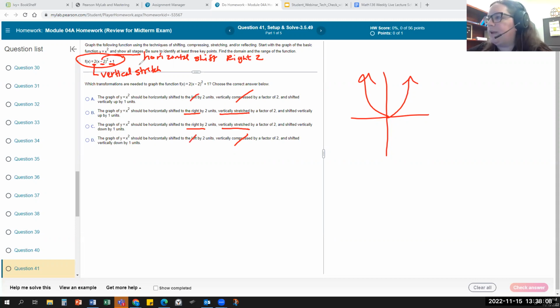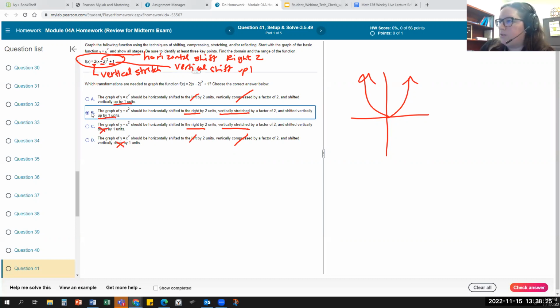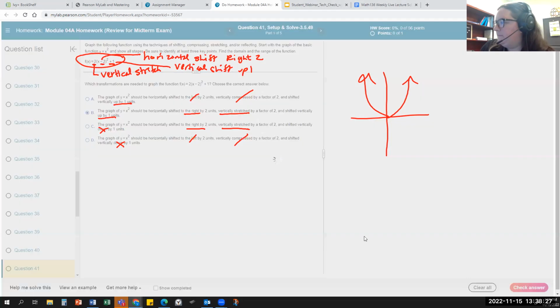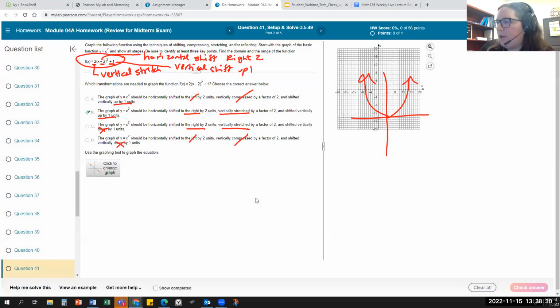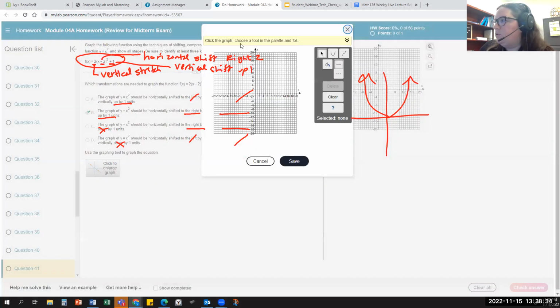And then the plus 1 outside is a vertical shift up 1. So I'm looking for up by 1 unit, not down. That narrows it down to B for that description of the transformations. But then looking at the points, and that was the question you had, using the graphing tool then,